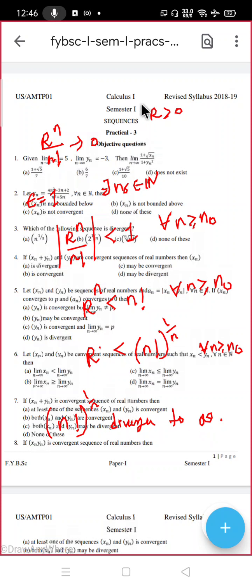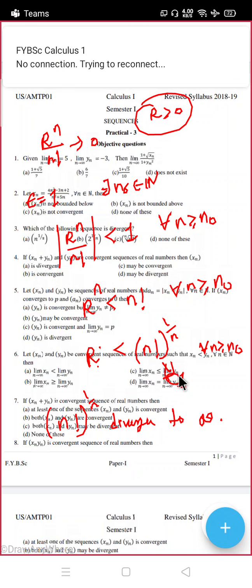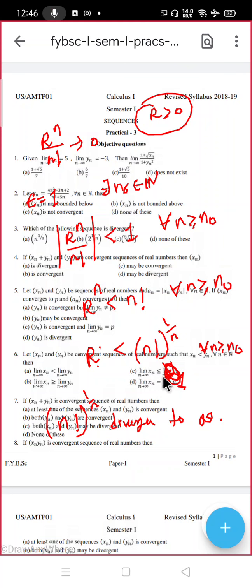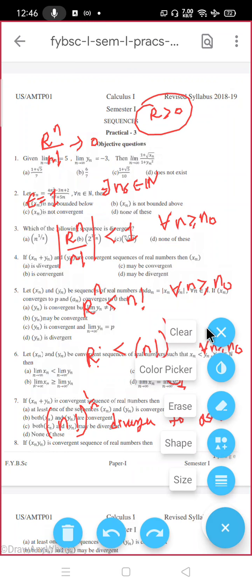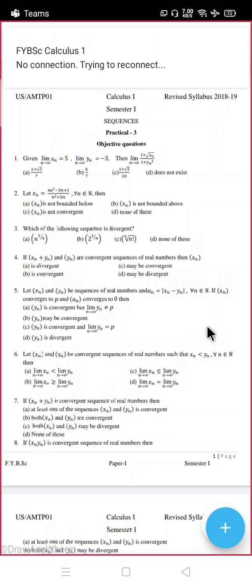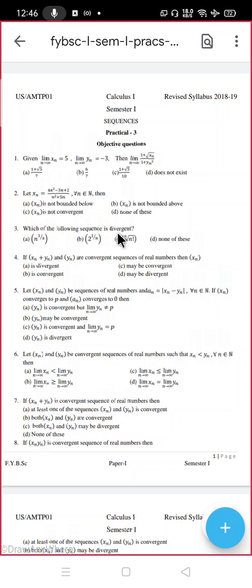Because this was true for any real number, I cannot choose a fixed value. Suppose I cannot say that this is converging to 1, because I will have r. अगर मैंने 5 लिया तभी भी वो बड़ा है, 7 लिया तभी बड़ा. I cannot bound it. Correct? Perfect. Yes. So which option is correct? The question was which of the following is divergent. So option C is the divergent one. Do you agree?